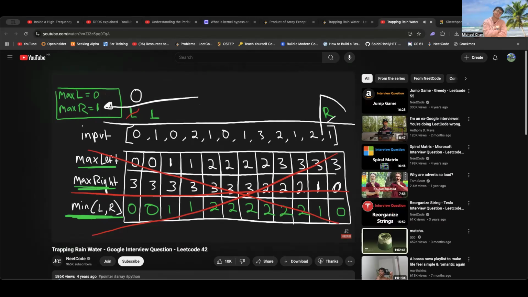Yes, so far it's 1, but we know that the max right could actually be 3, right? That's what the true max right is of this position, because there's a 3 over here. So why is it that we don't need that value? Because remember,